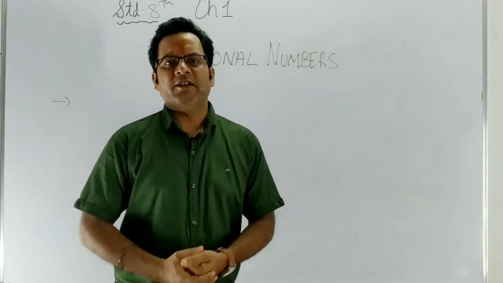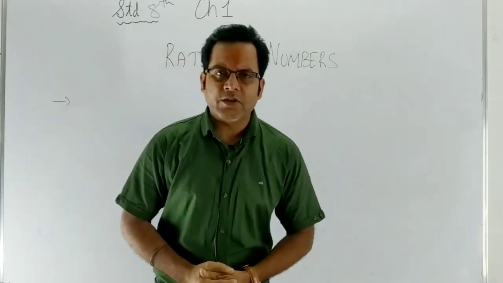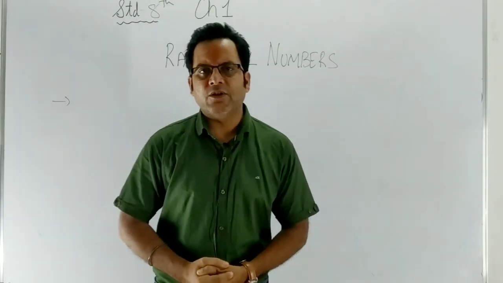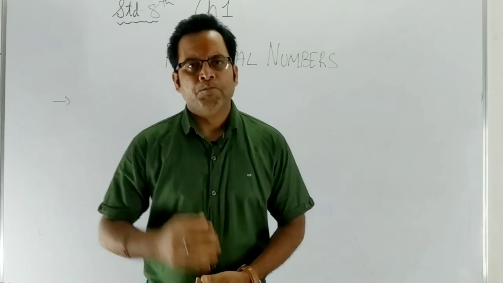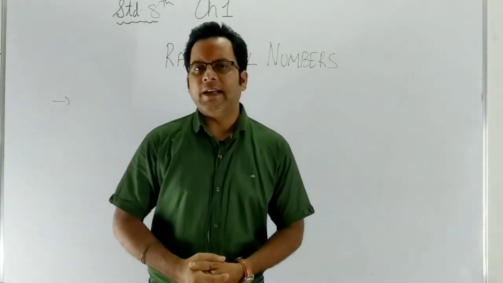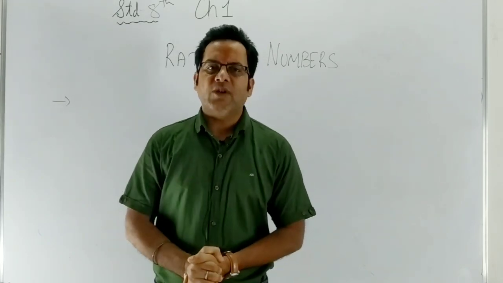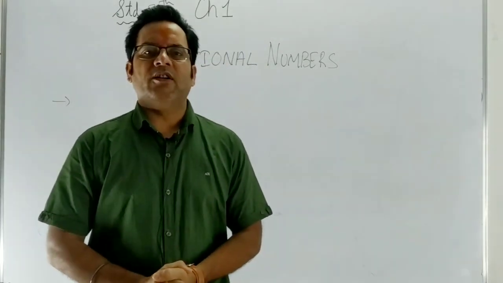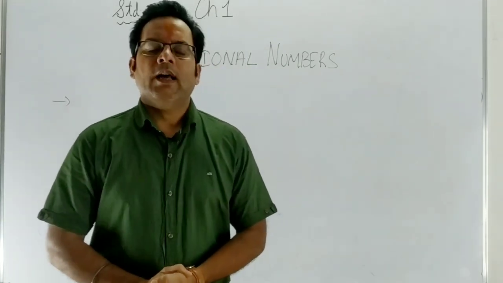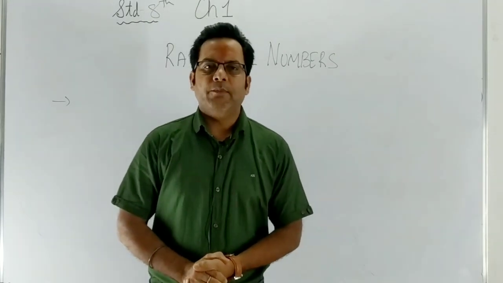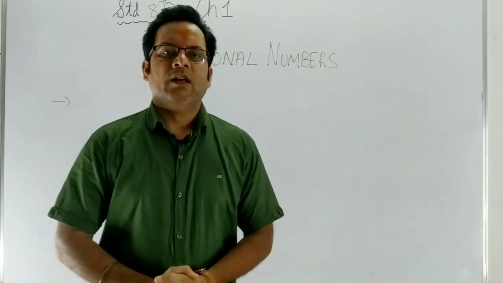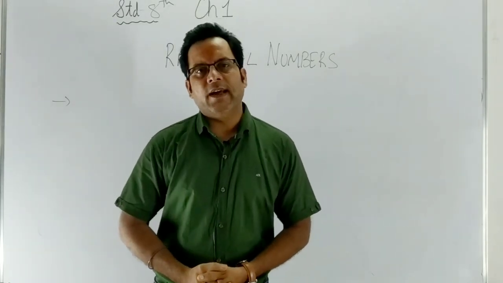This is a video in which we shall be discussing all the points: point number 1, how to find rational numbers between two rational numbers. Second point, representation of rational number on number line. Point number 3, multiplicative inverse. Point number 4, additive inverse. We shall try to cover all the points one by one, and after having completed all these concepts, I am sure you will be able to solve the chapter and things will be quite easier for you. So here we go to understand one by one topic.